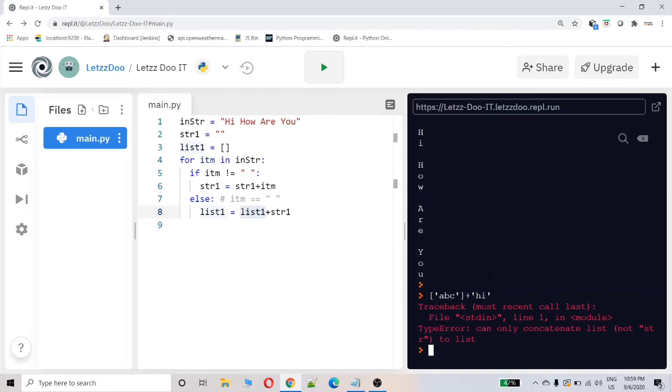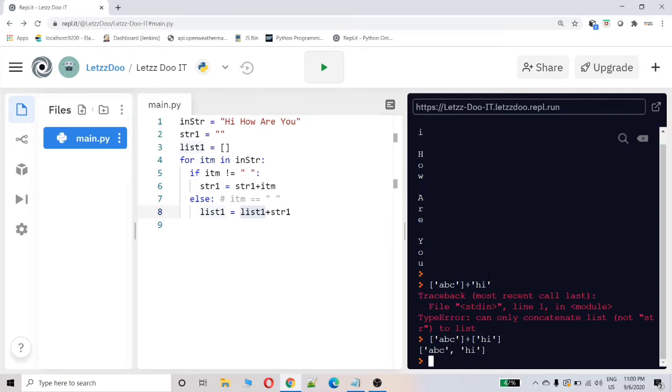So what I will do is, I will do like this: ABC plus hi in brackets. So what I am doing is I am making it a list of the string. Now let's print list1.